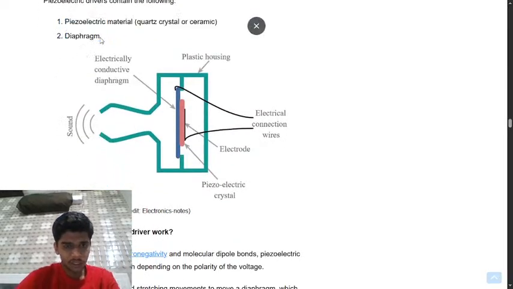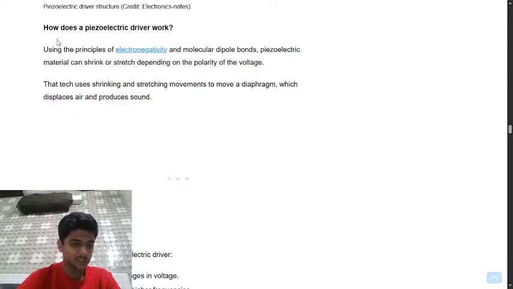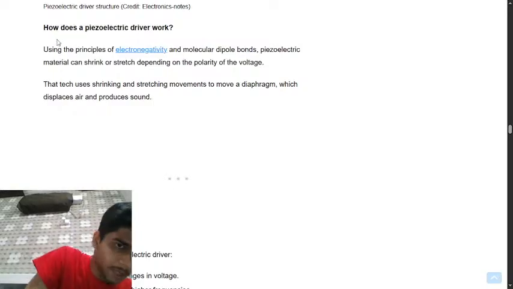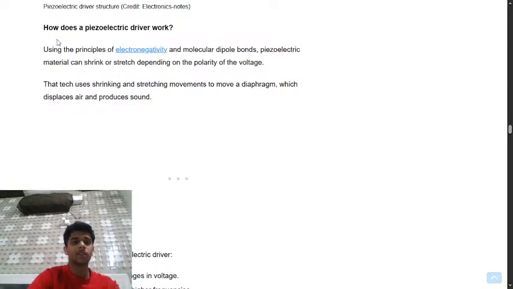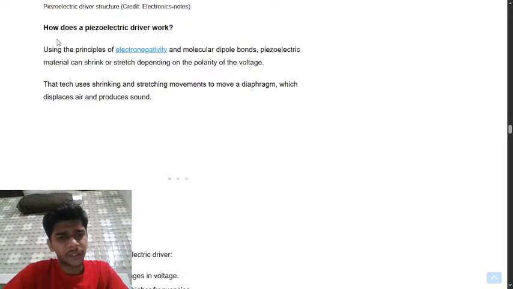What material is it made from? How does it work? That is the main thing, and the pros and cons we have to read also. Using the principle of electronegativity and molecular dipole bonds,